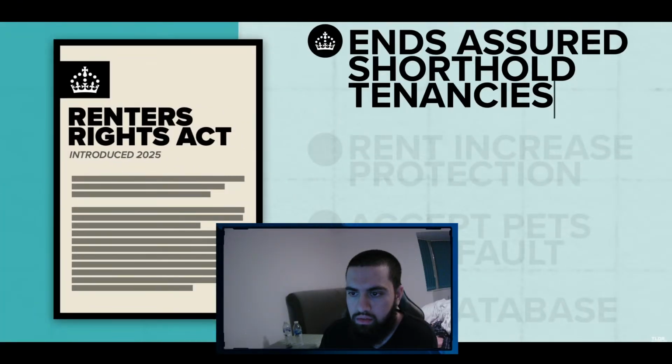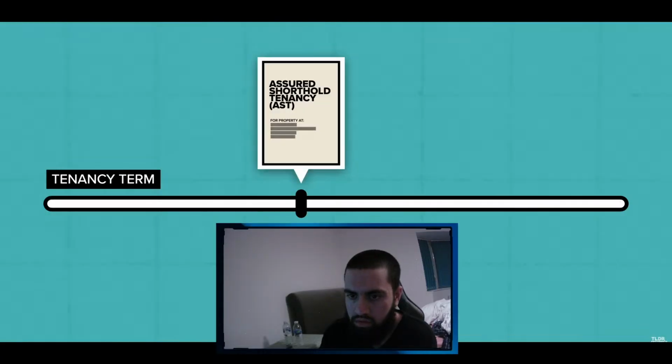Firstly, it ends assured short-hold tenancies. Now, since the late 1980s, this was the most common form of tenancy, and usually specifies a rental term of between 6 and 12 months. One of the main issues with these